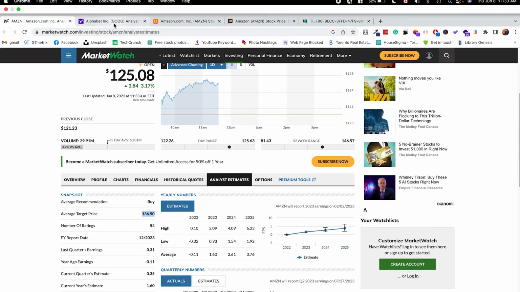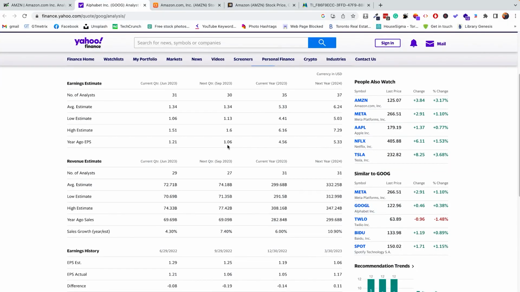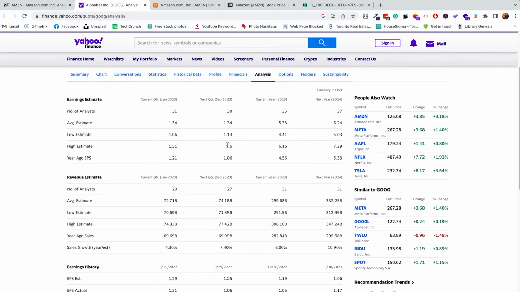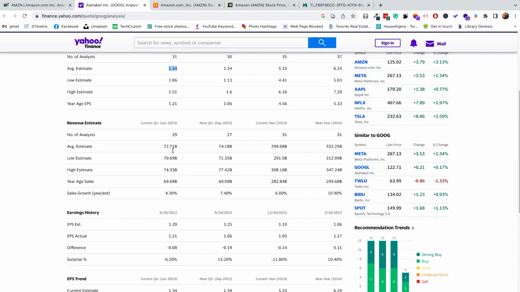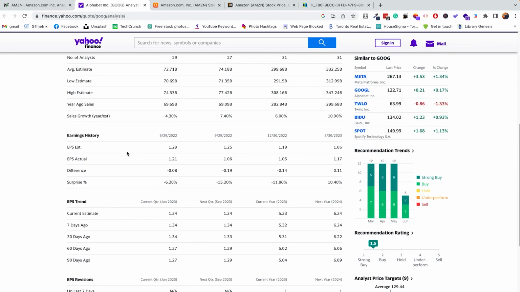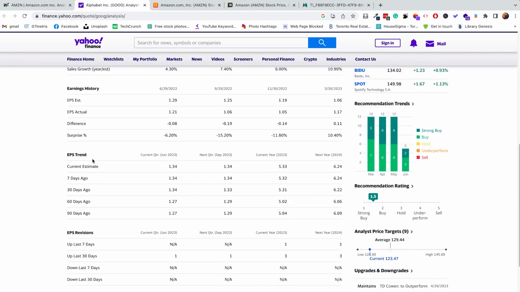The same thing applies to Yahoo Finance, although they present the information, obviously, as you can imagine, in a slightly different way. Here you see the number of analysts and the average estimate, in this case for the EPS. Then they have estimates for revenue, then they have comparisons of their history in terms of whether or not they achieve the goals that the analysts set for the company. And then they also have the rating: strong buy, hold, underperform, sell.